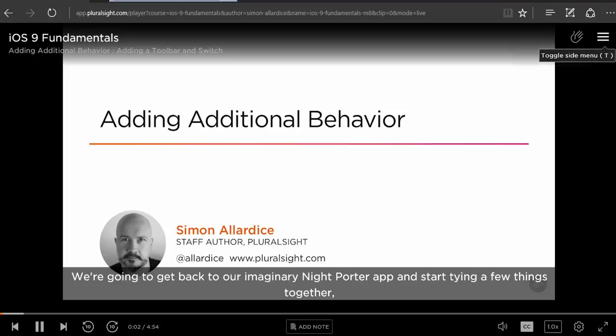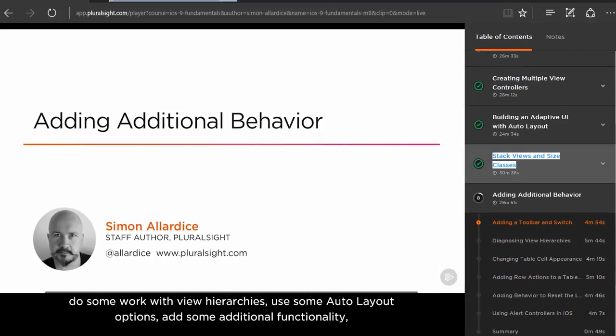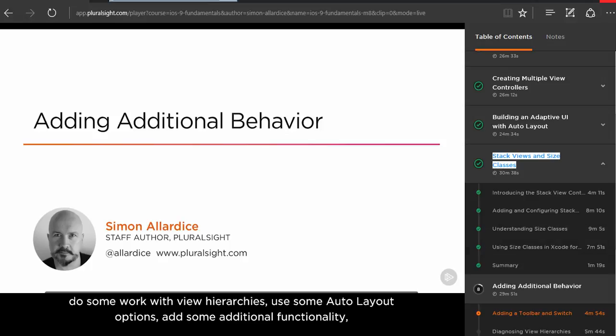We're going to get back to our imaginary Night Porter app and start tying a few things together, do some work with view hierarchies, use some auto layout options, add some additional